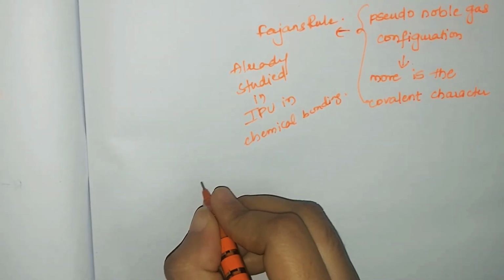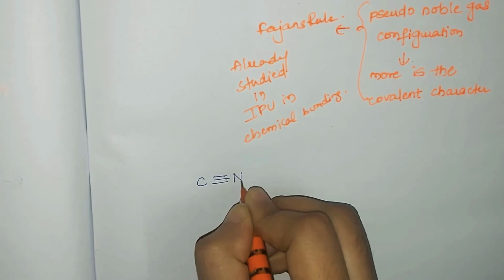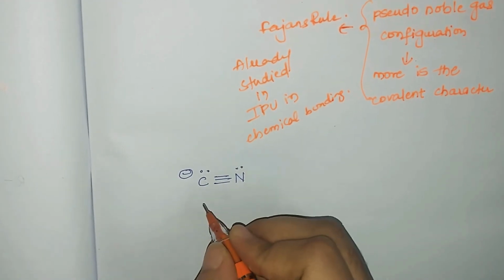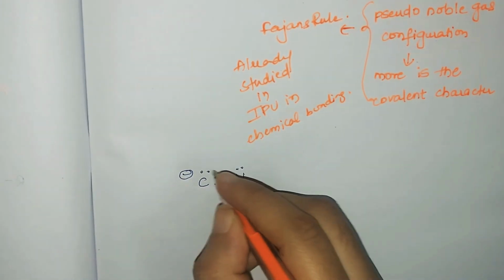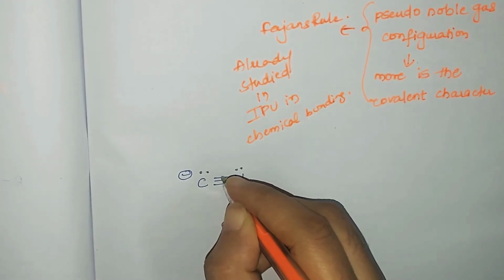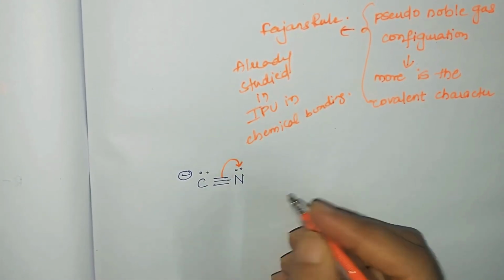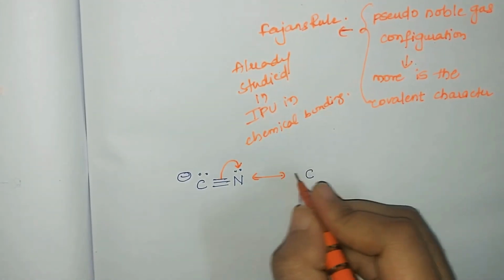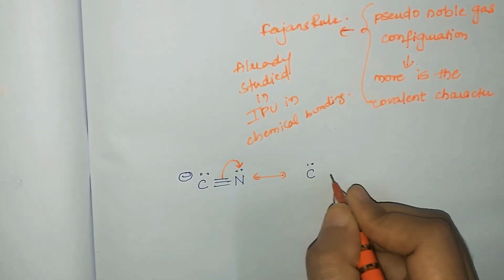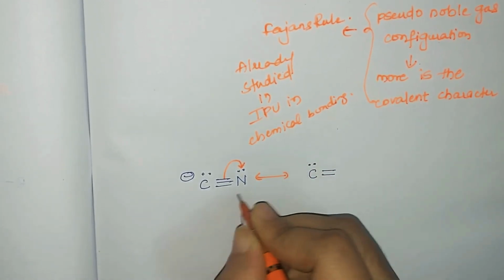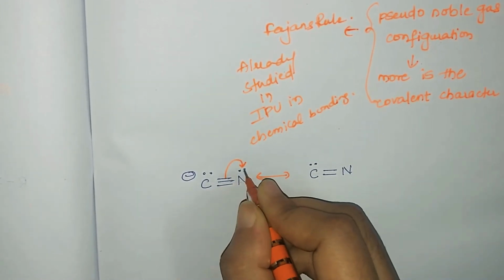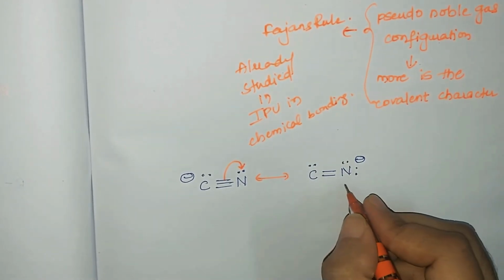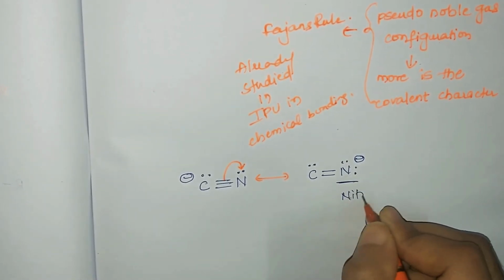So let us consider the reaction. Before that, we will see the nature of the bond. This is the resonance structure. We'll write the Lewis dot structure and the resonance structure. The pi electron pair is donated to the nitrogen atom. So what do we get here? The C triple bond becomes a C double bond, and C has a lone pair of electrons. Instead of triple, it becomes double due to the donation of the electron pair. Nitrogen already had a lone pair of electrons and it accepts another lone pair. Nitrogen becomes negatively charged. So here the donor atom is nitrogen.